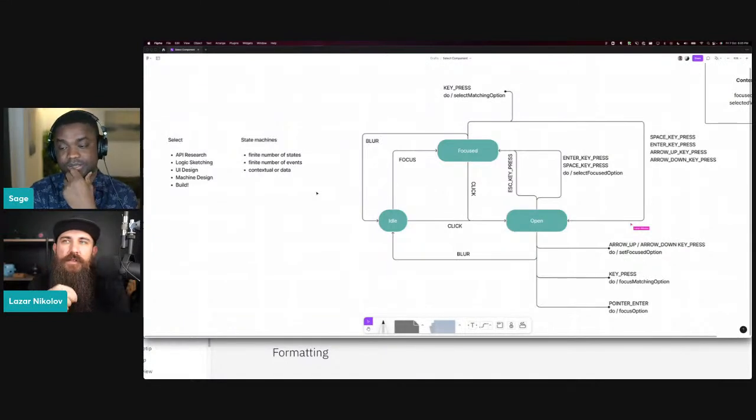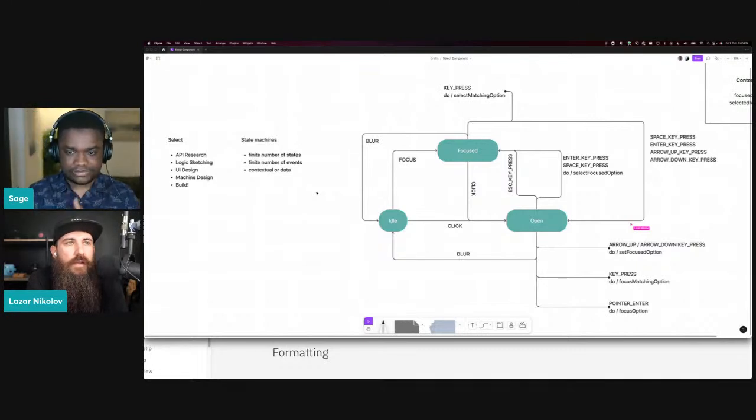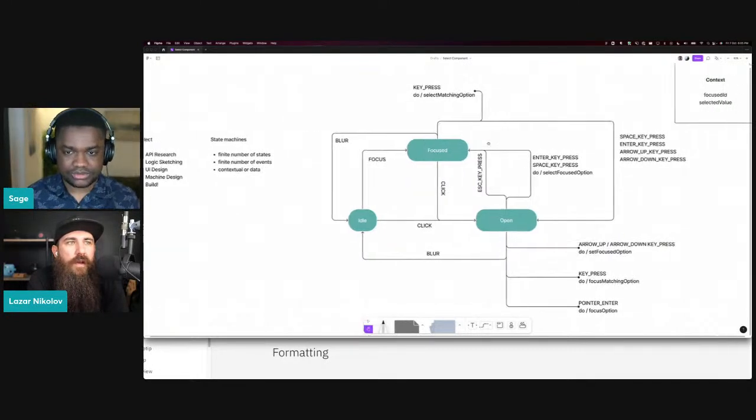Is that something we actually need to consider, to make the accessibility even better by supporting Arabic or RTL languages? But in this case, I'm not sure if we have